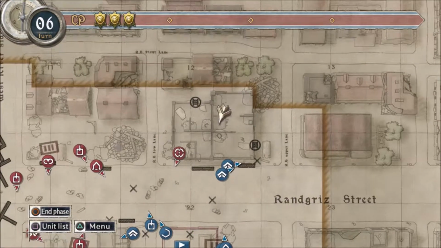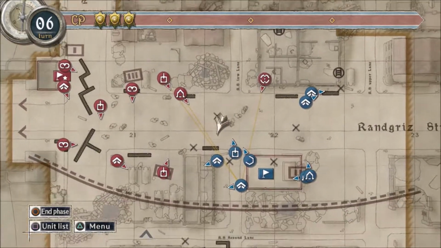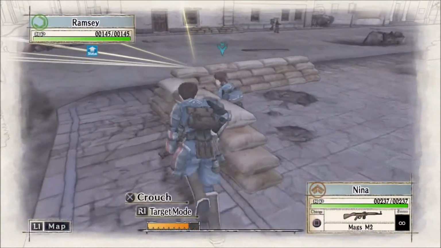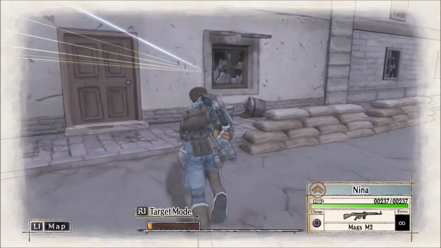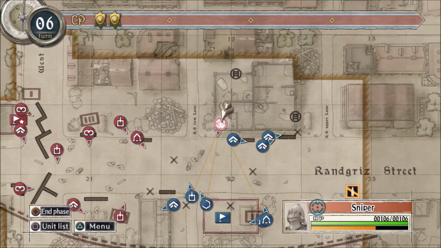So let's see. There's only one thing there. We may want to actually send some units to deal with those tanks as well. So both Hector and Largo would definitely be a good choice against those guys. So let's go right up against the building so the sniper has a much harder chance of shooting us. Not impossible, but much harder because, of course,